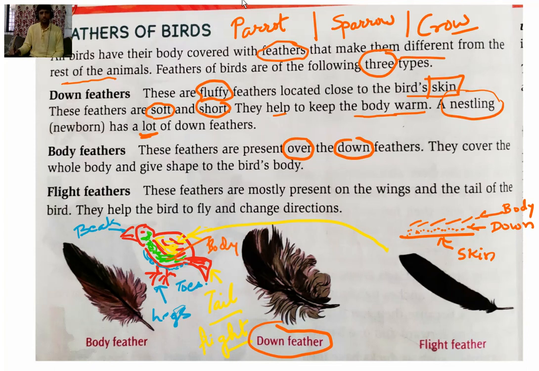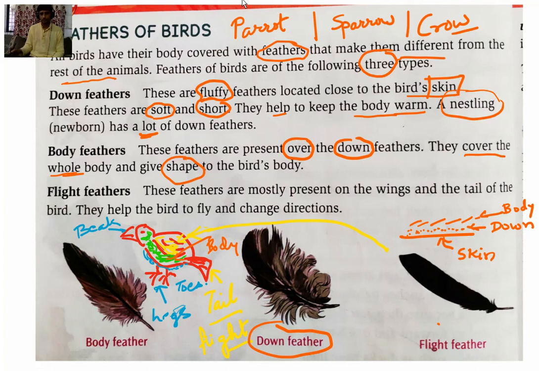They cover the whole body and give shape to the bird's body. Whatever shape I have drawn is due to these body feathers.